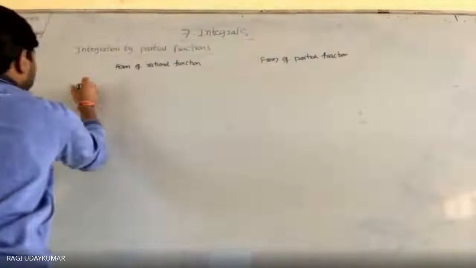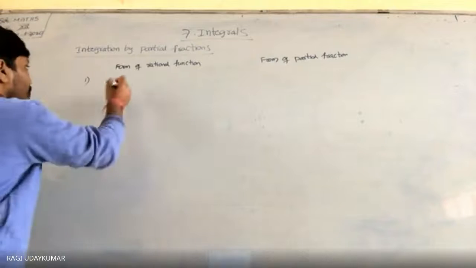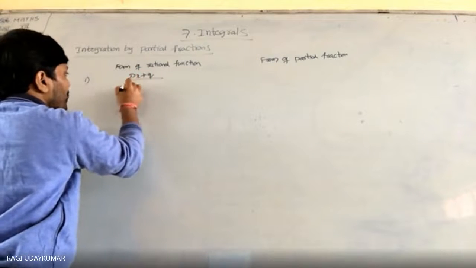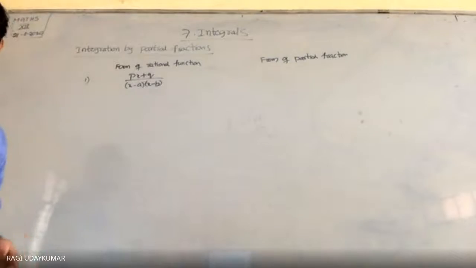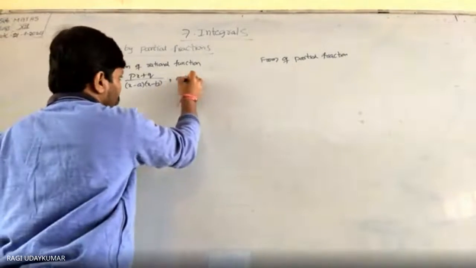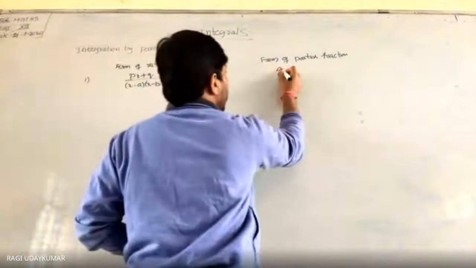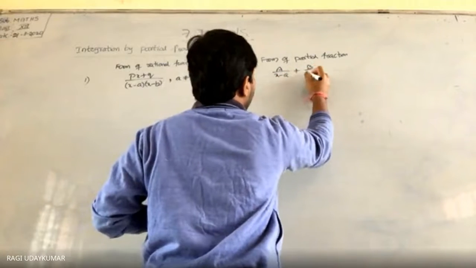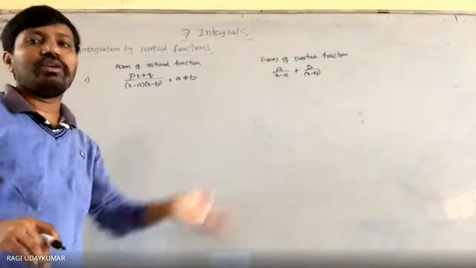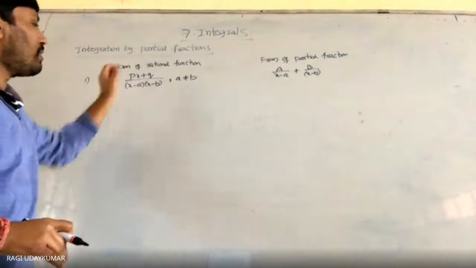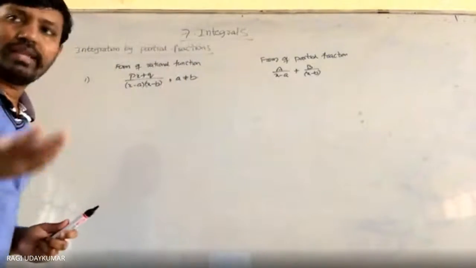So the first one is, if you are taking into consideration, it will be in the form of numerator a linear, denominator a quadratic. So the general form we will take into consideration: px plus q by x minus a into x minus b. See, ऊपर linear, denominator a quadratic, and here a and b are not equal. Then this can be split कर सकते हैं a by x minus a plus b by x minus b. In this form you have to write. After writing this, capital A and capital B values क्या है, find out करना पड़ता है, because you will write this one, you have to cross multiply a into x minus b. While solving the problems you will come to know that.